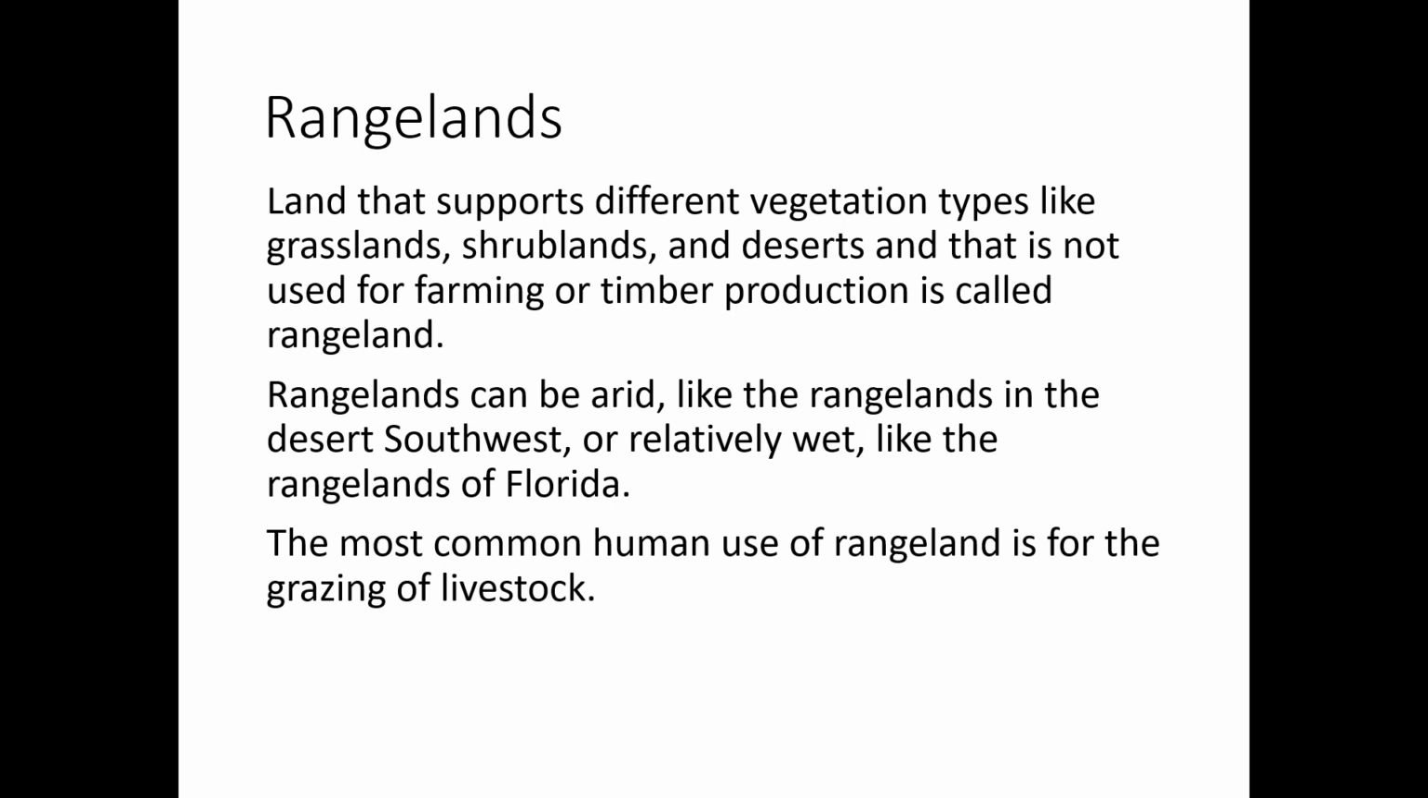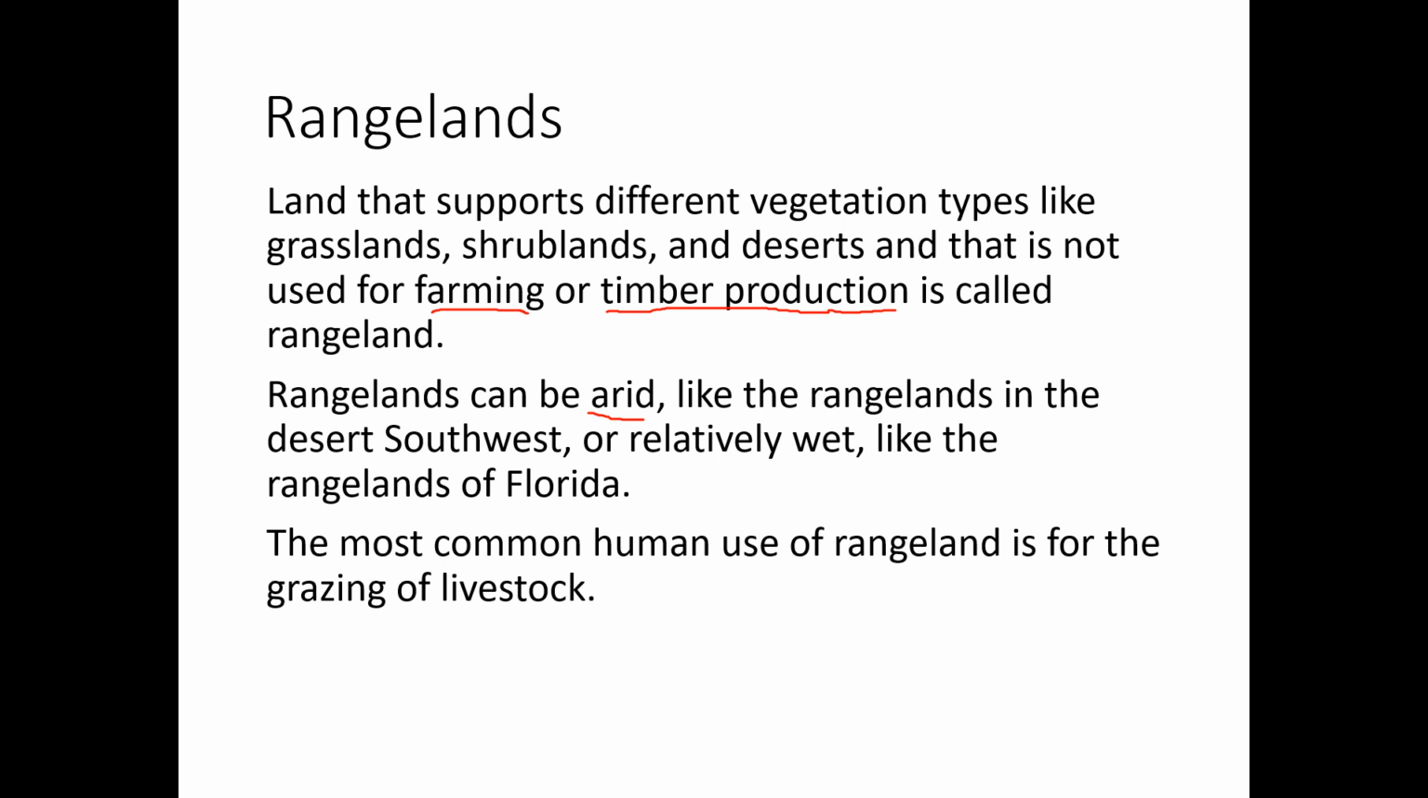So land that supports different vegetation types like grasslands, shrublands, and deserts, and basically land that we're not using for farming, so growing our crops, or for timber production, so cutting down trees to make paper, or make a table or something. That's going to be called rangeland. So rangeland is typically going to be arid,